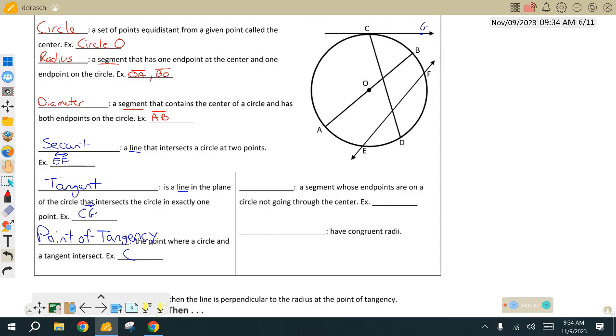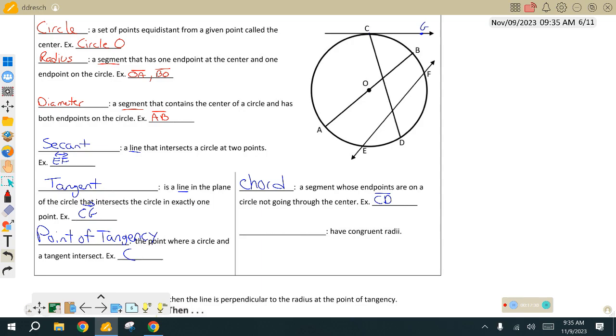And then the other one, this is the one you might have actually heard of before: a segment whose endpoints are on a circle, but not going through the center. So can somebody at least identify that one? CD? Okay, so it is definitely a segment. I have a bunch of segments, but this one has endpoints on the circle and doesn't go through the center. Yes, that is definitely CD. We can reverse it, CD or DC, and that is what we call